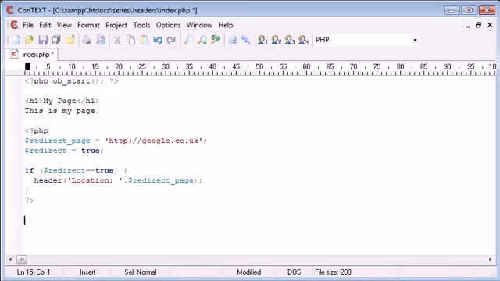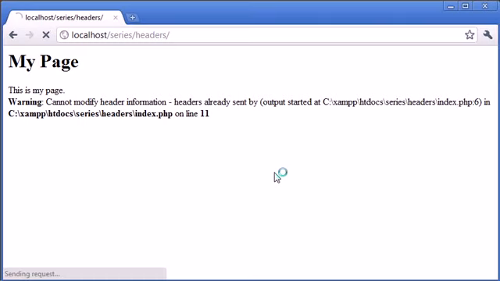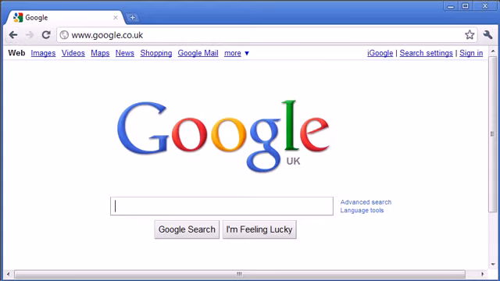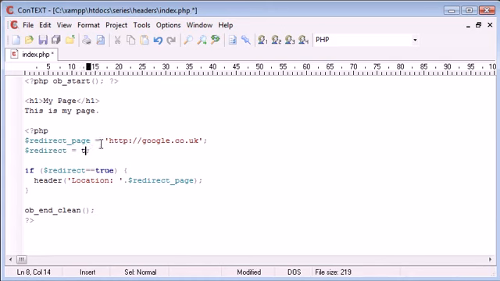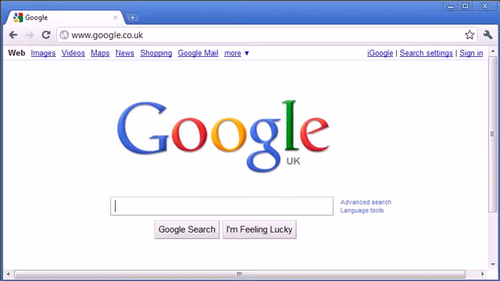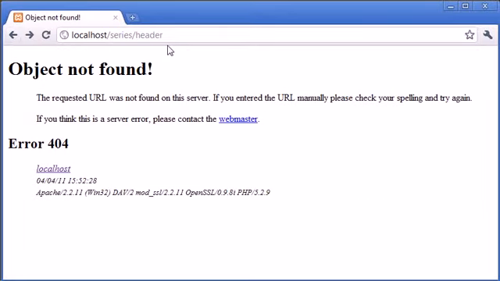Now at the end of the page it's always good practice to use another function which will clean the output. So we say ob_end_clean, and what this function does is clear the output buffer but doesn't actually give us any contents back. So when we refresh this, that's still going to redirect. And if we change redirect to false, so we're not redirecting, and we refresh,